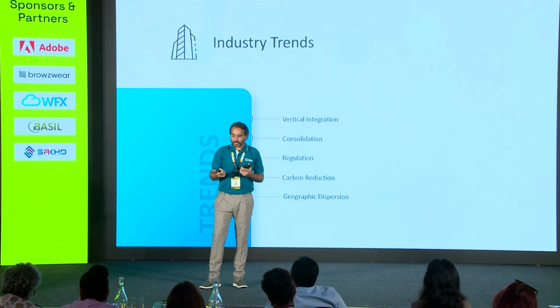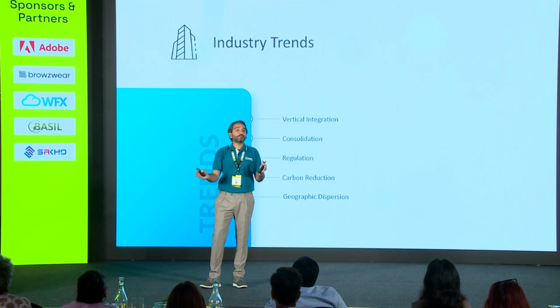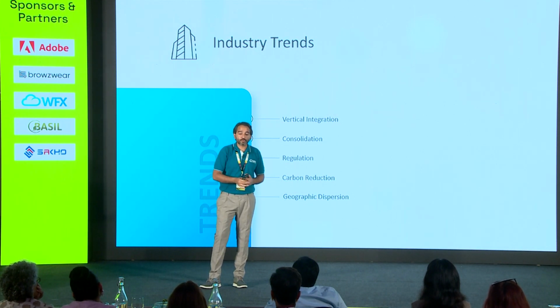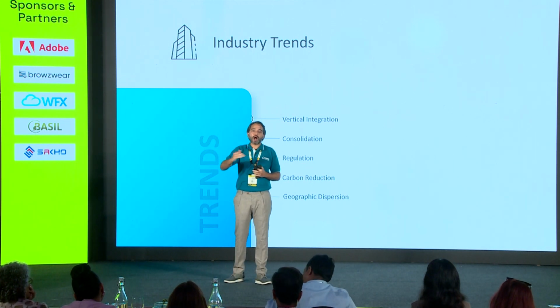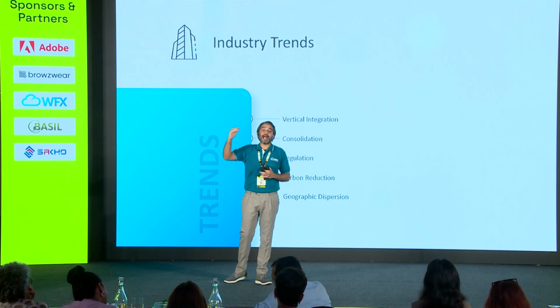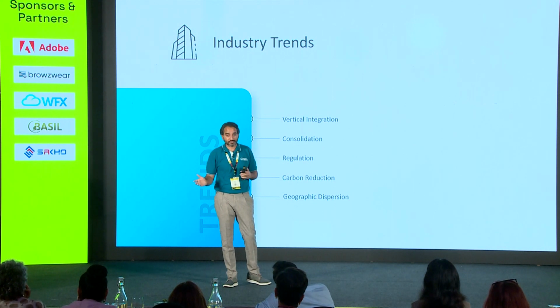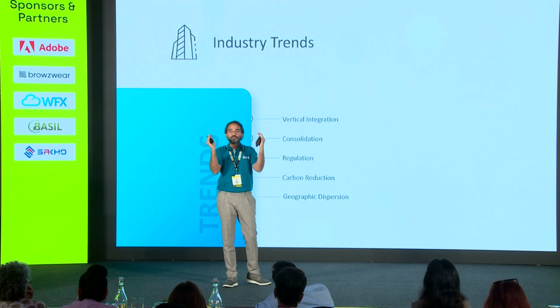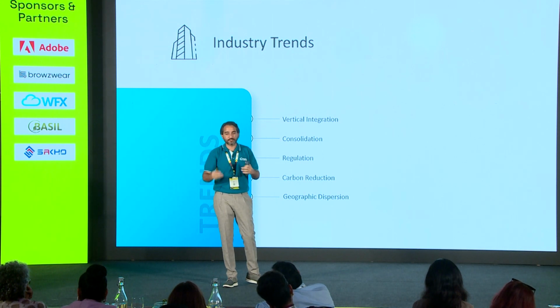Another point is consolidation. A lot of companies are consolidating. You may have heard that H&M has decided to reduce their supplier base in Bangladesh, where they want to consolidate more orders with larger and larger factories. So what that means is better performing manufacturing companies who rank higher in the vendor scorecard of buyers are going to grow and get more business, and the small guys are going to get no business. So there's a consolidation in this industry happening at a lot of levels, where the better and the bigger are getting better and bigger, and the guys who aren't as efficient and who aren't servicing the needs of buyers are getting